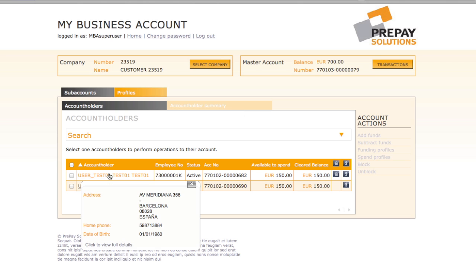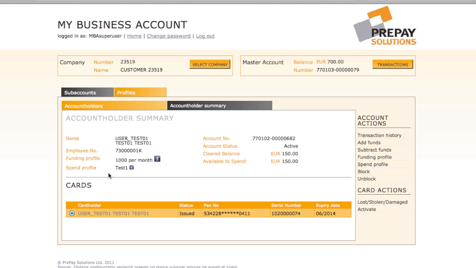Clicking on an account holder provides additional details, including the name, employee number, any funding or spending rules that have been assigned, the account number, the account status, cleared, and available balances. On the lower half of the screen, you can also see any cards that are assigned